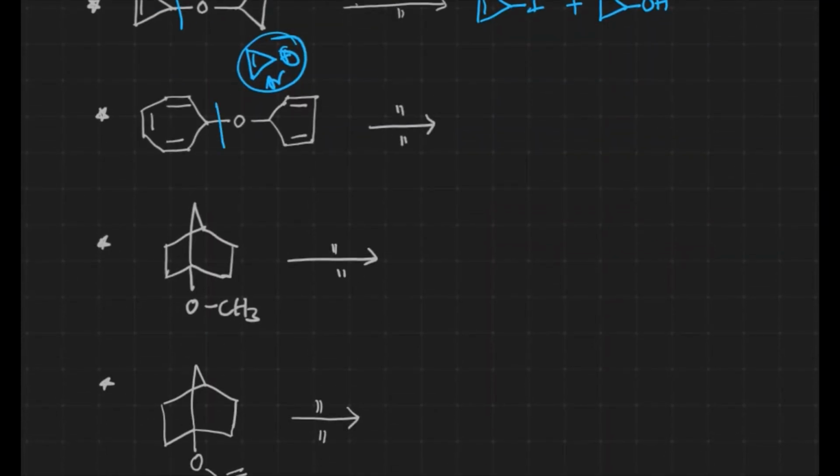Now if bond breaking takes place over there, we'll get the carbocation, and this is going to be the aromatic one. If bond breaking takes place over there, then we'll get the anti-aromatic product, which is relatively less stable. Aromatic is more stable, because of which we can expect bond breaking at this particular position. That's what we'll get here. This is iodide, and the other part is going to be alcohol.